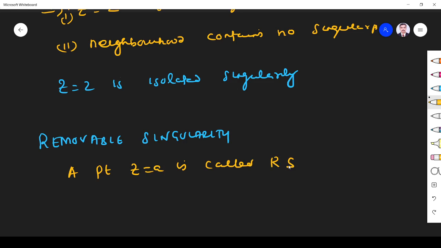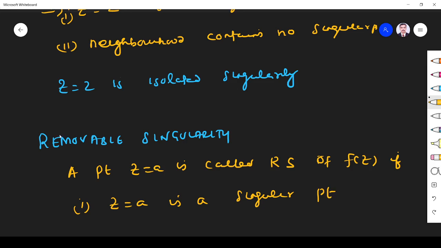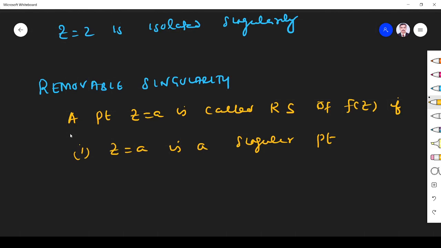A point z is equal to a is called removable singularity of f of z if, first thing as usual, z is equal to a must be a singular point, right? Second condition, limit z tends to a, f of z must exist,